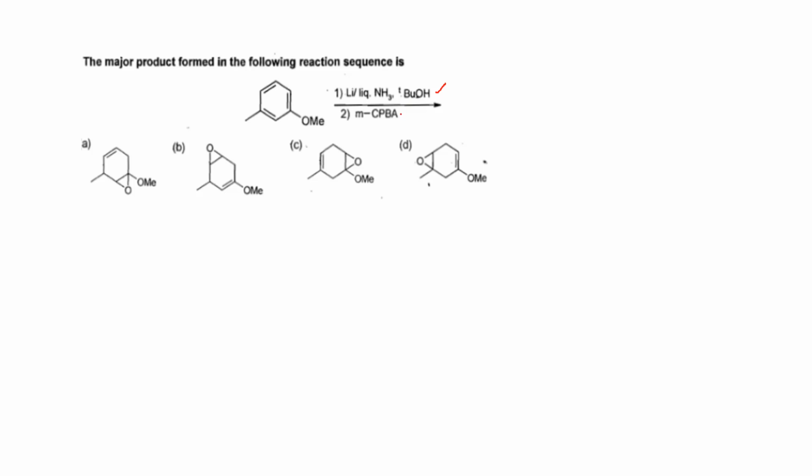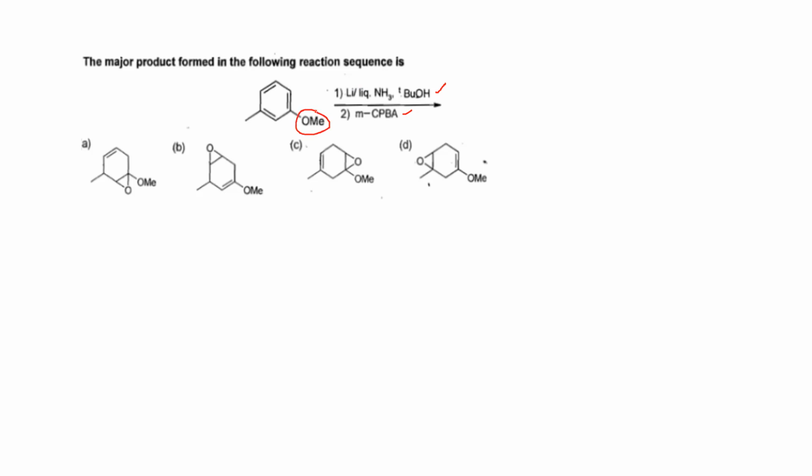In that case we know that oxygen incorporation happens adjacent to the carbonyl compound, and also if there is a double bond there can be formation of epoxide, so it can generate an epoxide also. So let's go to the case of now, OMe is a